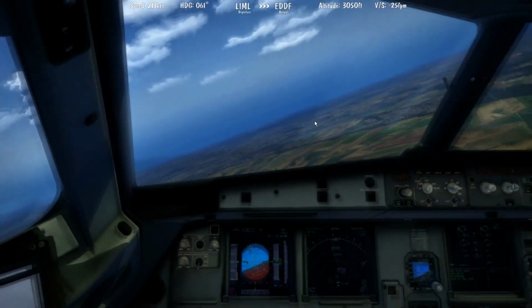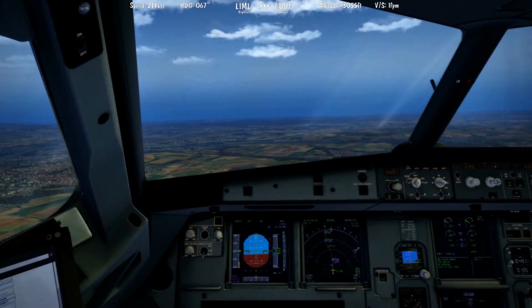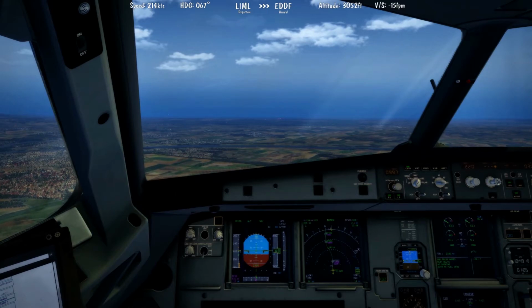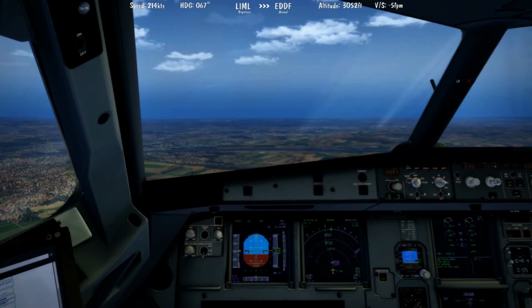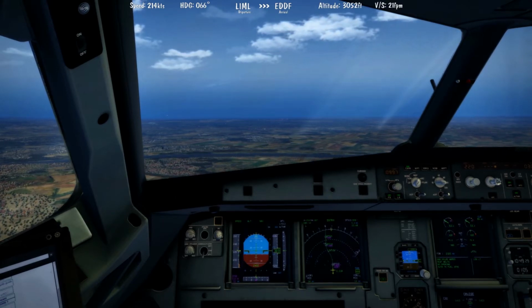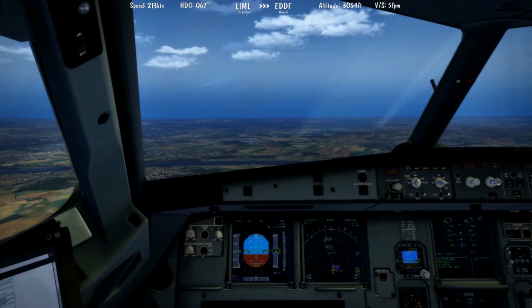I'm not sure what Frankfurt I have installed. Let's see. Custom scenery. So I guess it's just one of the Frankfurt airports from the forums. Not sure who made it. Maybe I can find it. It's definitely not the Aerosoft Frankfurt, if I am correct. Whatever, I don't really care. Anyways,